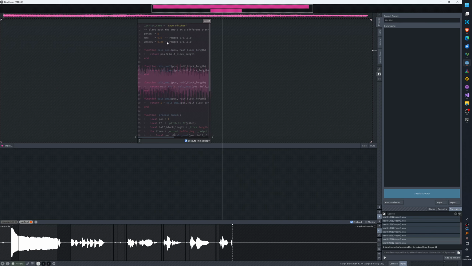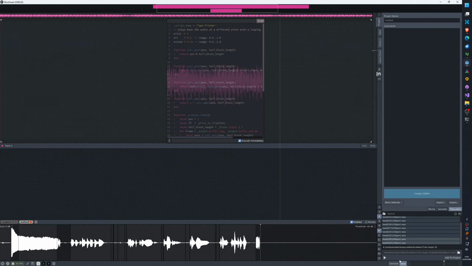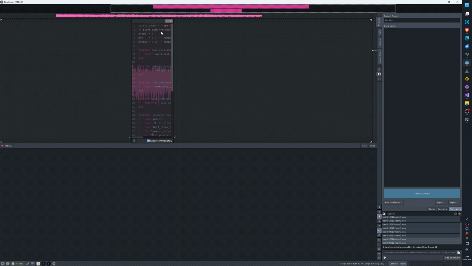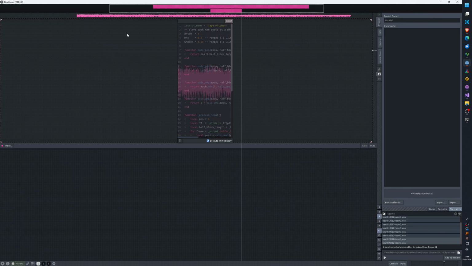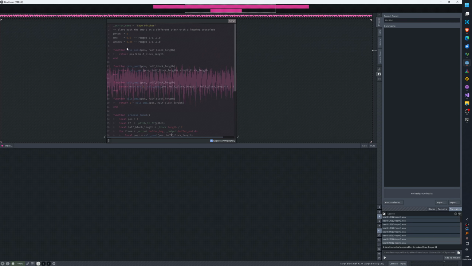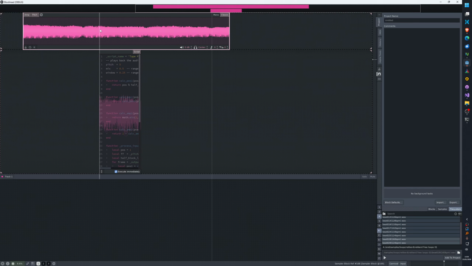so this just takes the input audio coming from here to here. It plays it back at a different pitch, but it's operating at the level of an audio buffer. It's not modifying a parameter or something like if you were to use a manipulator.